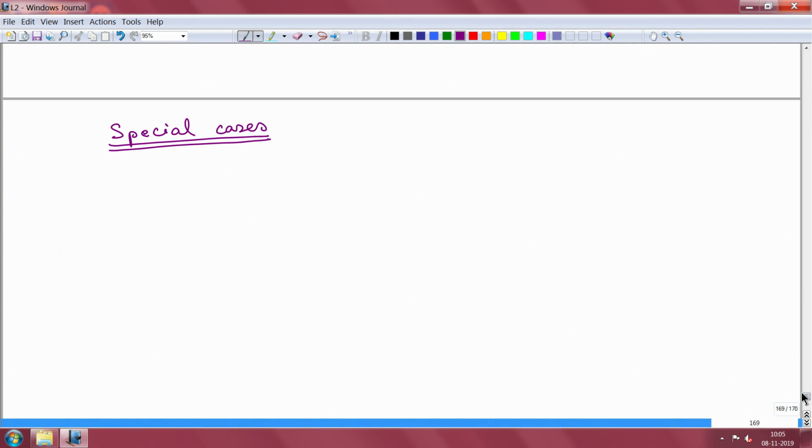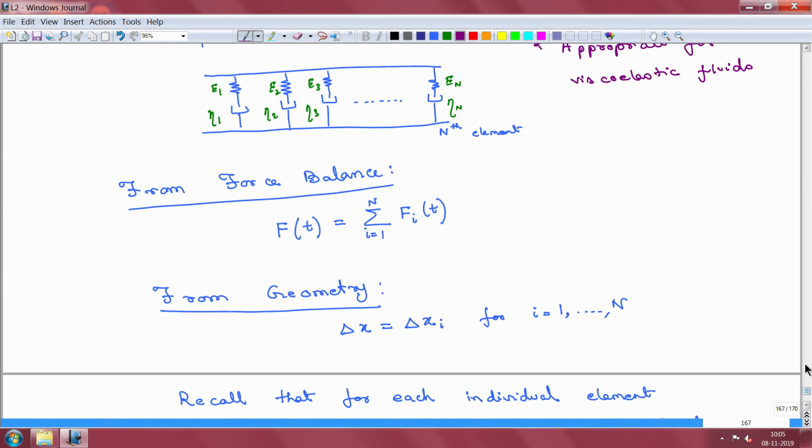Special cases. So, what if you want to, okay, I will just quickly go back to the diagram. If you want to have a solid like response, what would you do here? One thing you could do is take, for example, the last or any of the dashpots and make this quantity tend to infinity. Okay. So, if I take the last dashpot and I make the viscosity there tend to infinity, basically what we have effectively is a spring. Okay. So, all of the deformations will be taken by the spring and it will be determined from there, right.